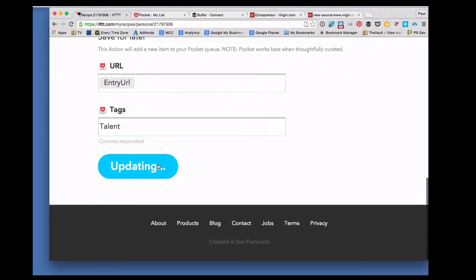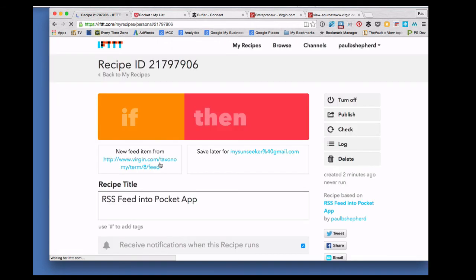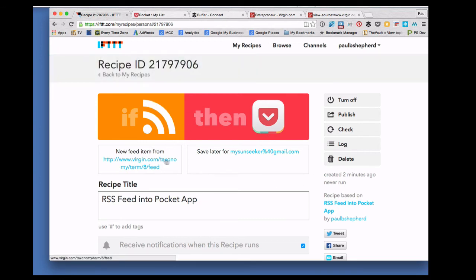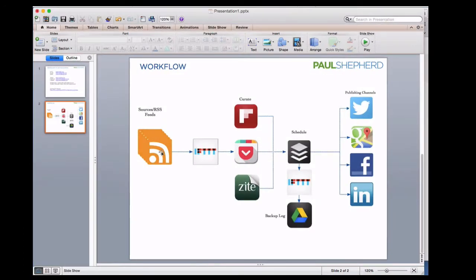So once that's done, we hit update, and now that's live. So recipe updated, that's active. You will get an error message if one of these isn't subscribed properly, but you can see here new feed item from, which is the URL from Virgin, and it's being saved into Pocket, which is my account here. So that takes care of this first step, getting an RSS feed into